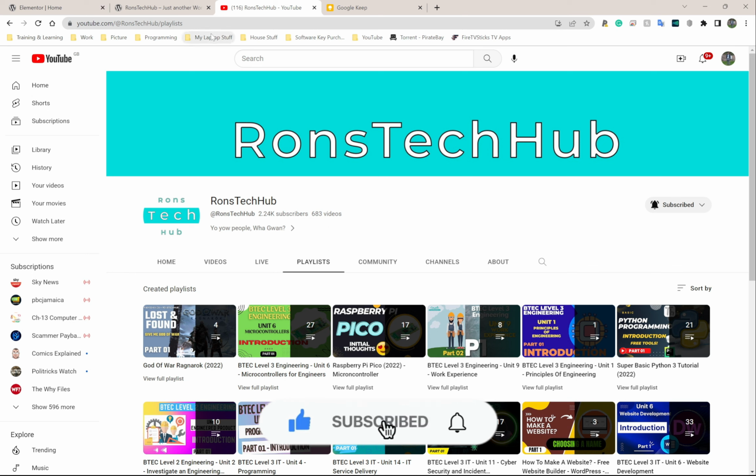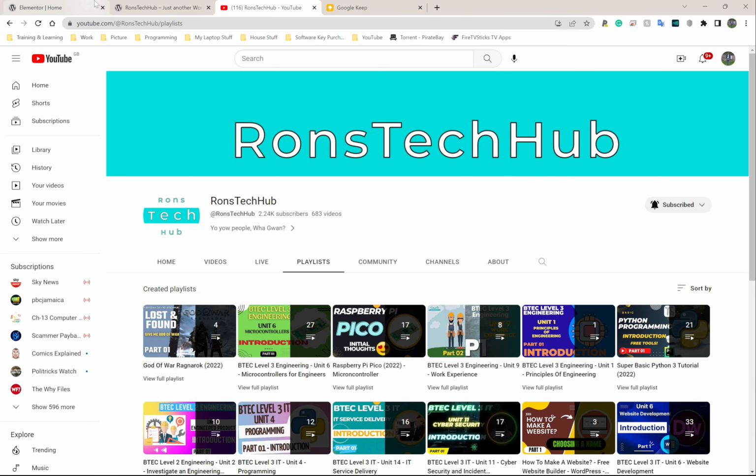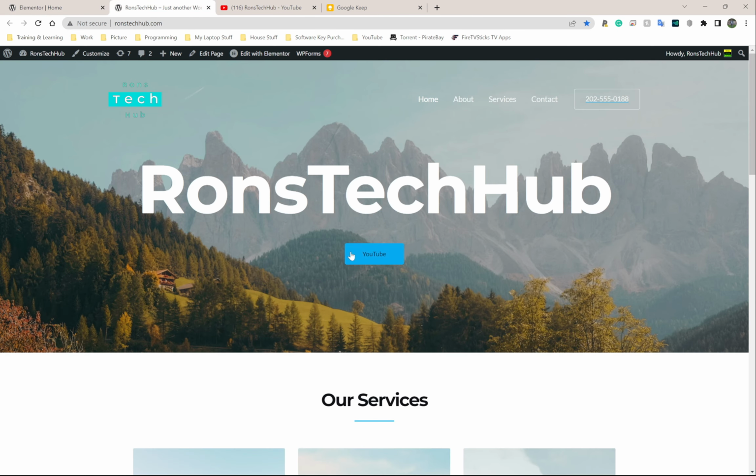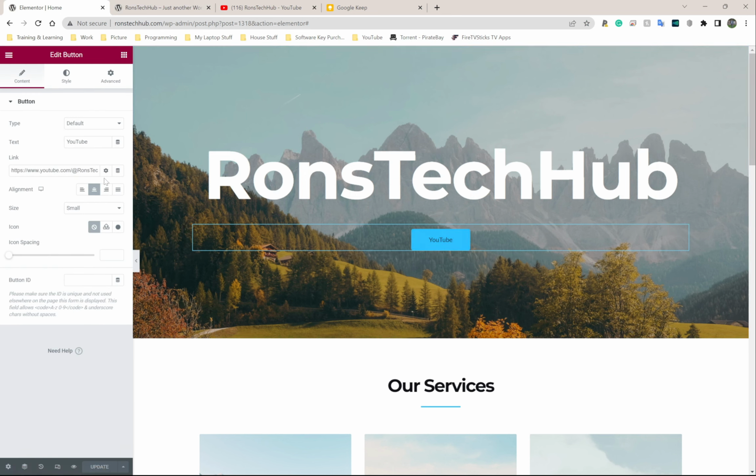So let me just change that to playlist quickly. So I'm going to highlight this again. I'm going to right click and I'm going to go to copy. I'm going to go back to my editable thing, which is not this one, but this one here. Click on the button again. And rather than having that link there, I'm going to highlight everything there. So you can either use your mouse to drag it across and then delete it,